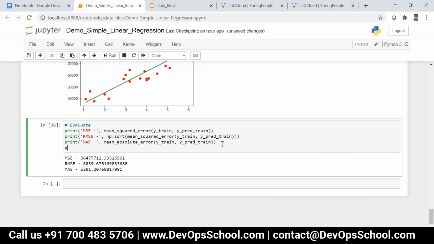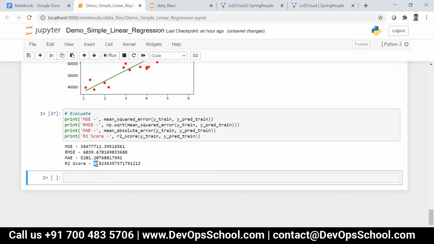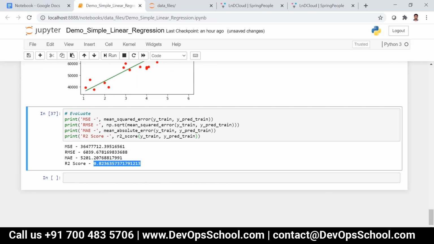And then if you find the R2 score, that is accuracy, you can say R2 score of y_train, y_pred_train. Now you can see accuracy is 0.82, you have to multiply by 100.